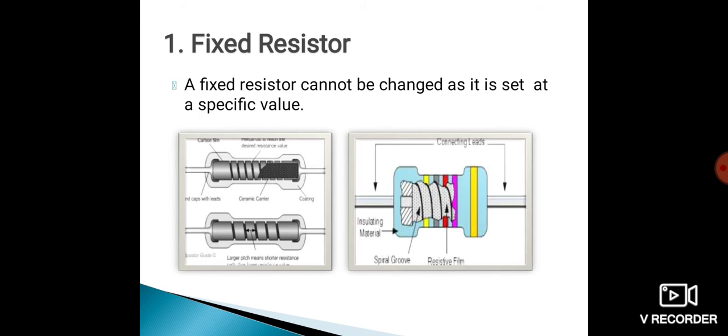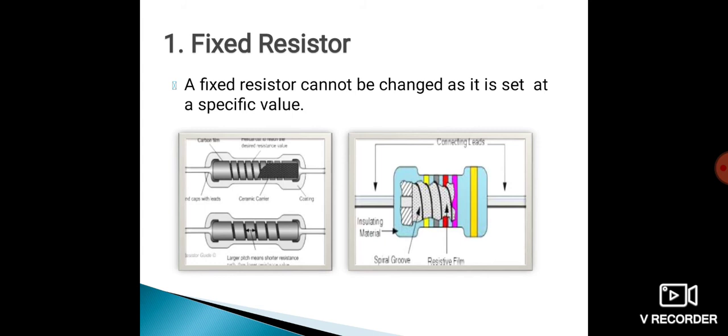From the diagram, you can see how this type of resistors look like. It has two terminals for the connection, and the middle portion is an insulating material which offers a resistance to the flow of electron, and the center of that material is a conducting type, because we have to flow the current from one point to another point, and they are surrounded by the insulating material. So this was the construction of the fixed resistor, and as the name indicates, it is fixed.